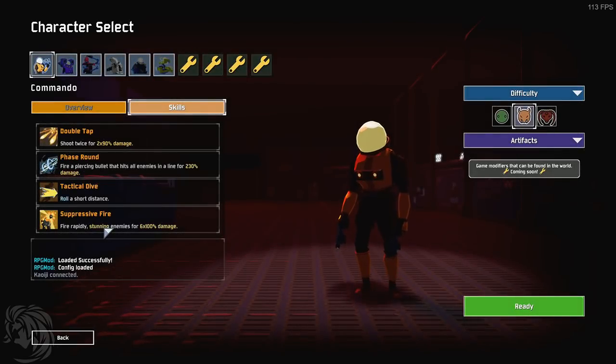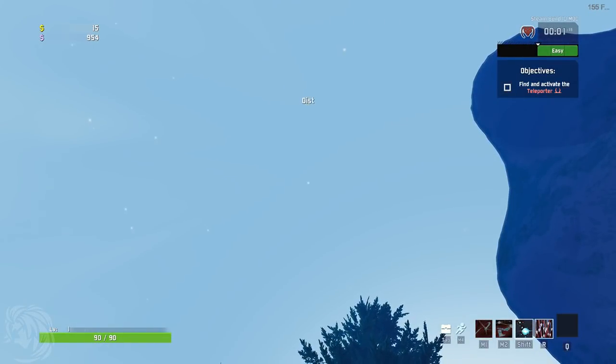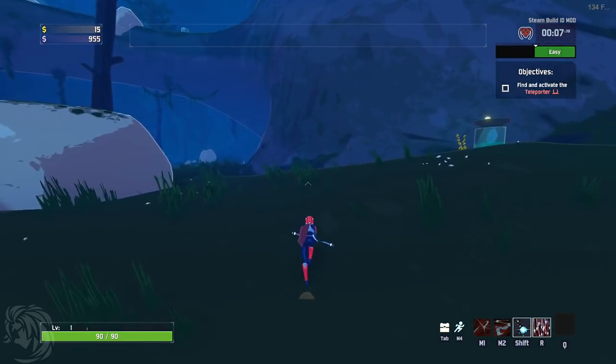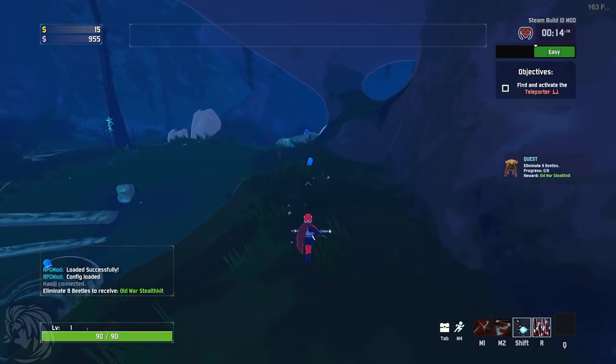Everything that we need at this point is now available in the game, and now we can go and start our game. And it's super simple, super easy. And now this is it. We are now running a modded client for the game, and we no longer need to worry about a lot of other things. So some of the mods that we currently have,